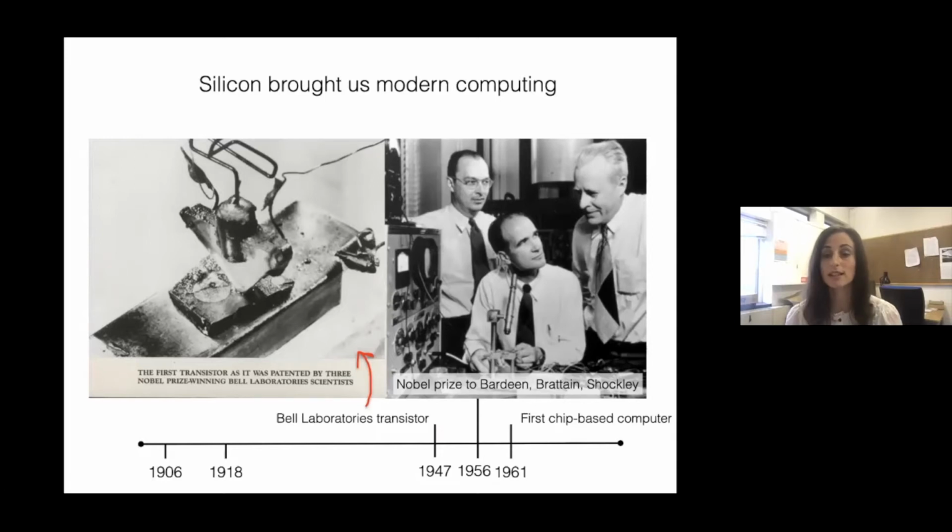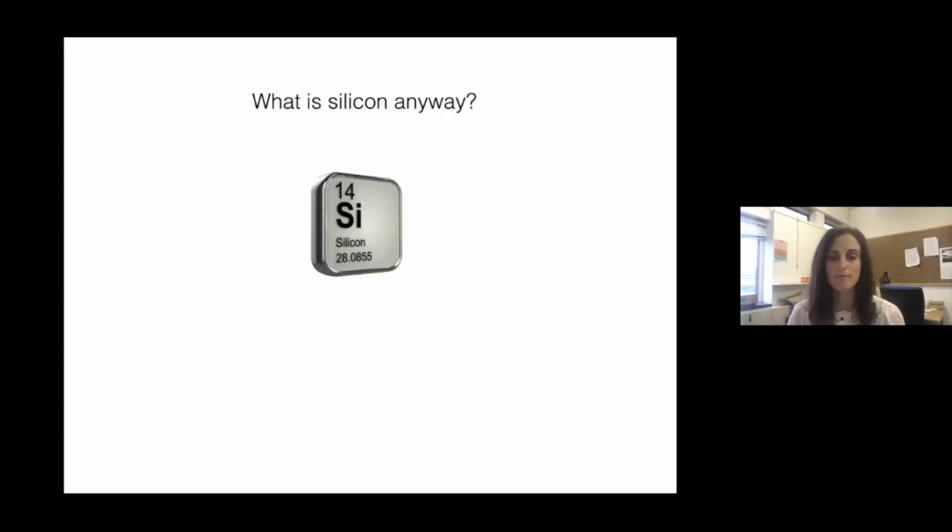And then this subsequently led to the first full integrated circuit made entirely from silicon, where different parts of silicon were performing different tasks, enabling one integrated circuit entirely from one material. And this was incorporated in the first chip-based computer in 1961, built by Intel. So what is it about this material I'm going on about, silicon, that really has enabled this revolution in the 20th century? Well, what I'm talking about is crystalline silicon, a material made up of silicon atoms, the 14th element